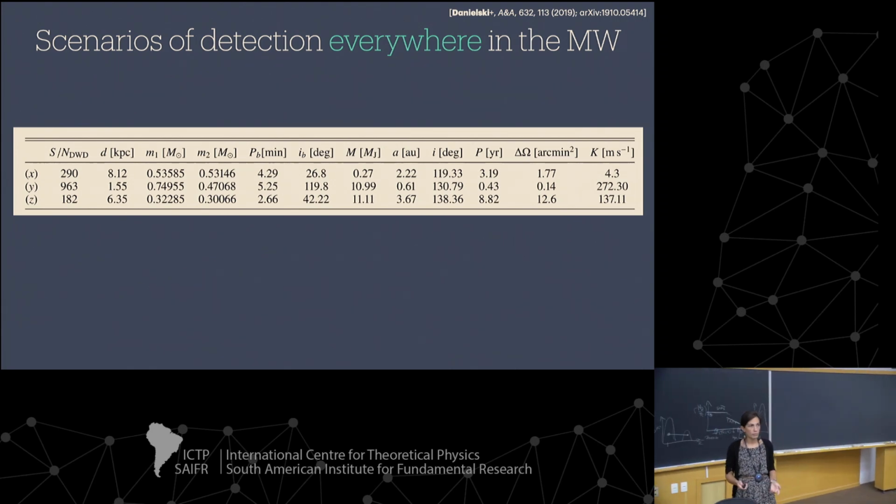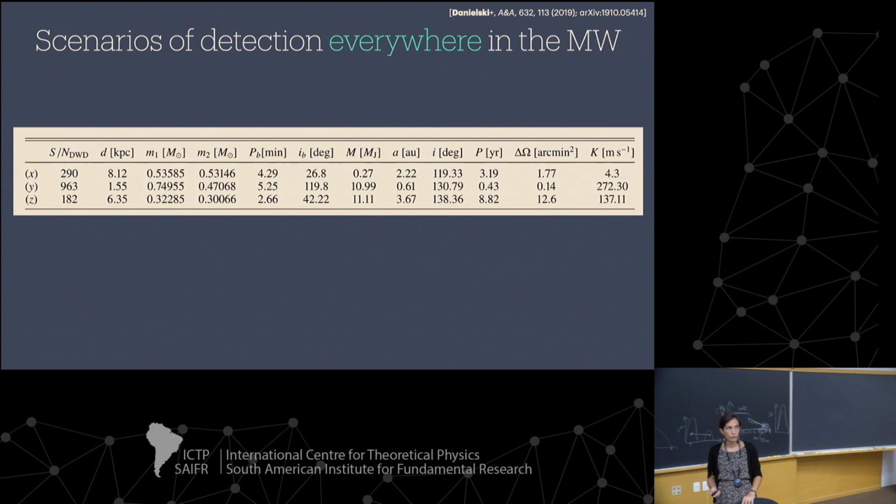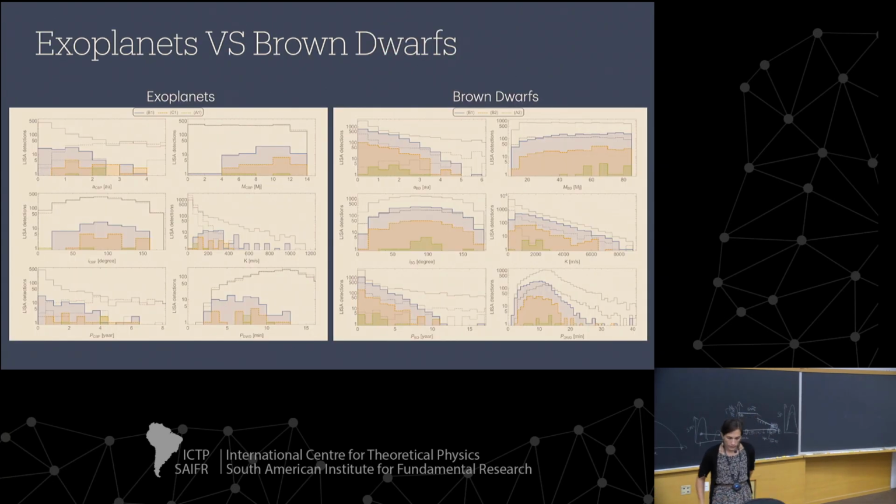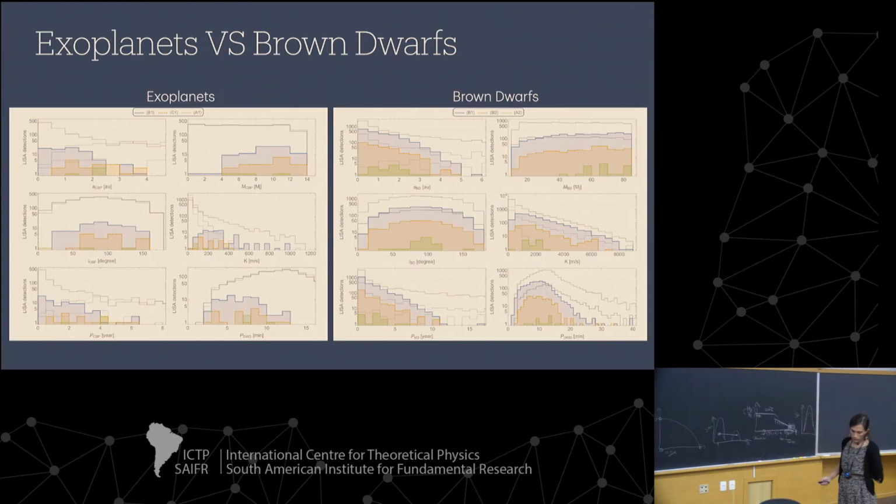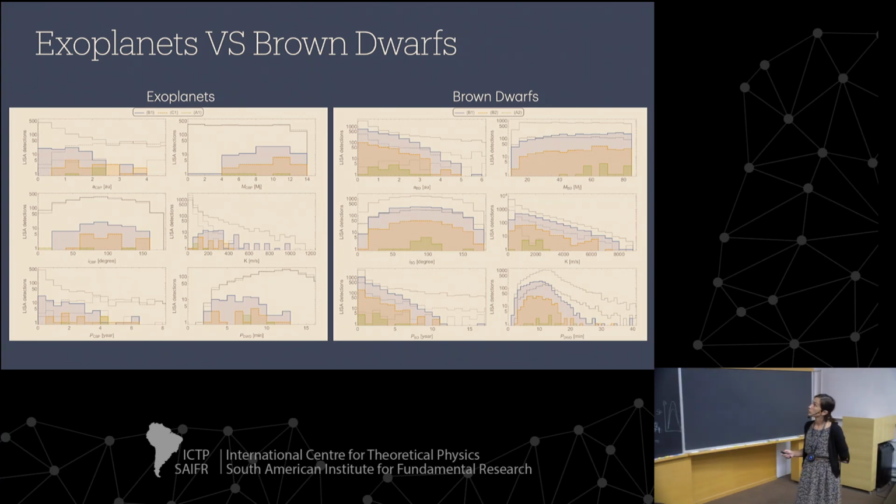But yeah, the more massive, the better. So that's why we had so many brown dwarfs compared to just exoplanets. Indeed, if you have a look at the numbers, the brown dwarfs are much more. But